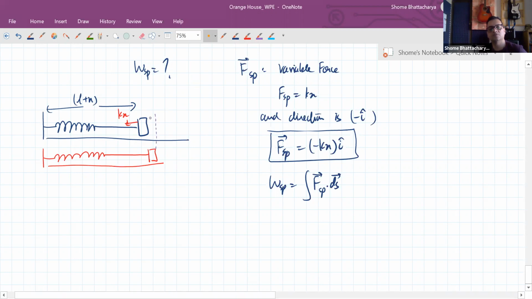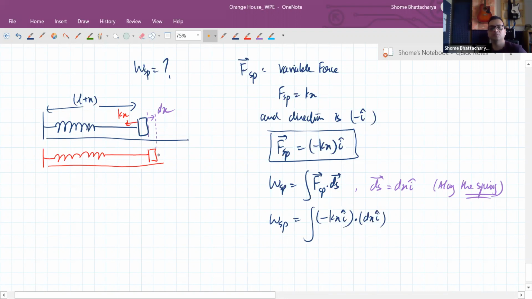So this displacement from here to here is dx. Okay. So ds, as you can see, is again along the x-axis, along the spring. And the spring is what we're taking as the x-axis. So during that small thing, the work done by the spring is minus kx i cap dot product with dx